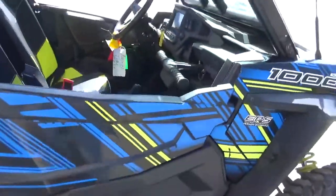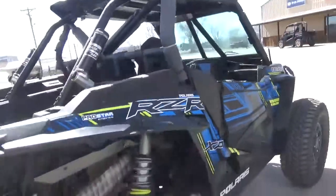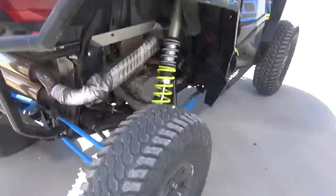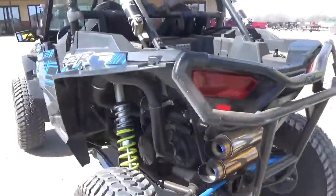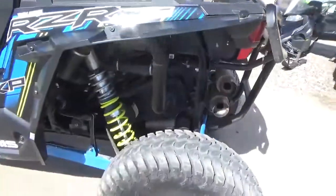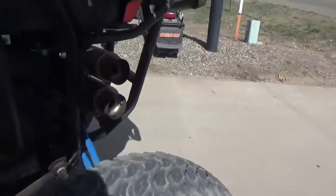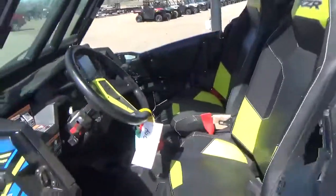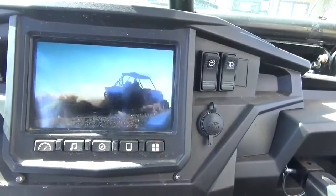The lower door inserts. The aluminum sport roof. Has the rear brush guard as well along with the front brush guard. Has a street legal kit with blinkers, aftermarket exhaust. This machine does come with the Ride Command display and has right at